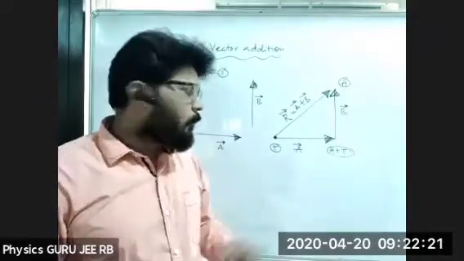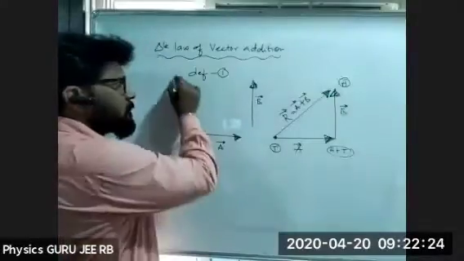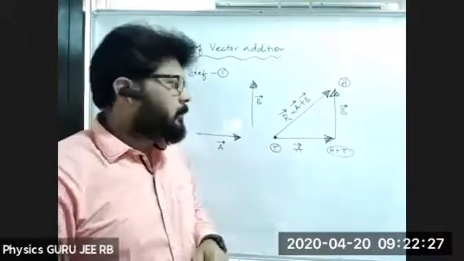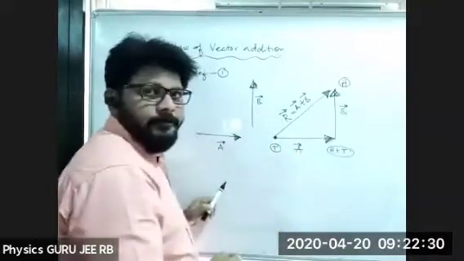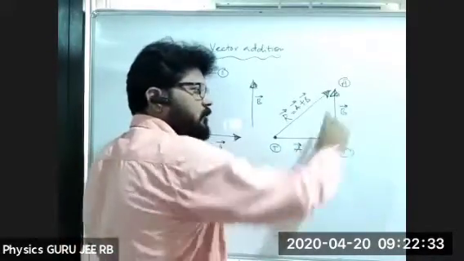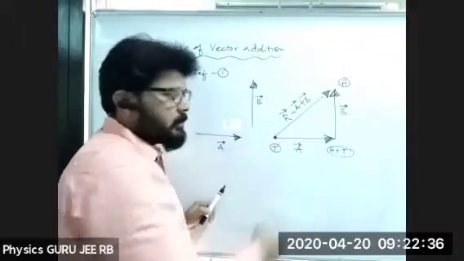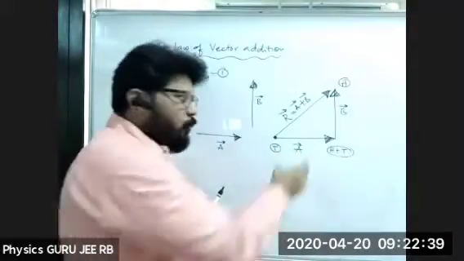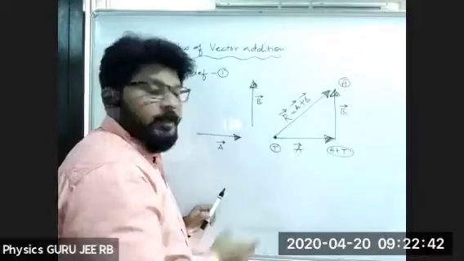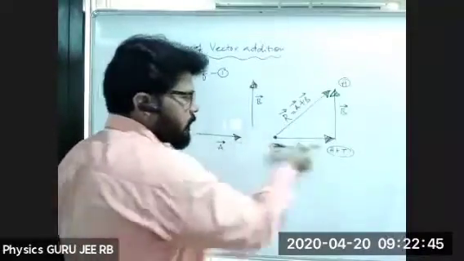Fine. Okay. Now what is the proper definition for this one? If two vectors represent two sides of a triangle, let us take this as a triangle, these are the two vectors representing two sides of a triangle. How are we taking them in order? See, I took this one and I took this one.